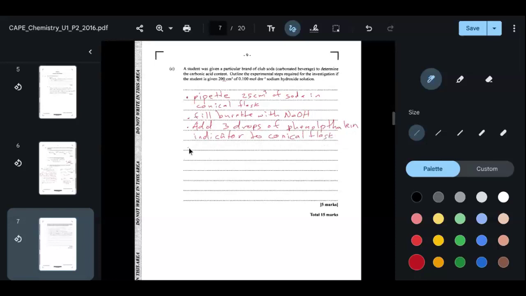Right? And then we run the NaOH from the burette into the conical flask, and then you stop the titration when a faint